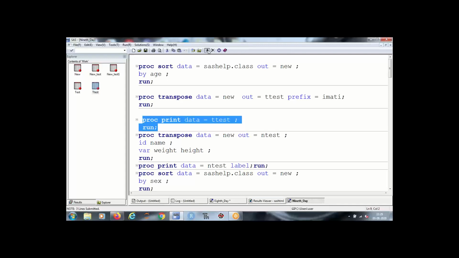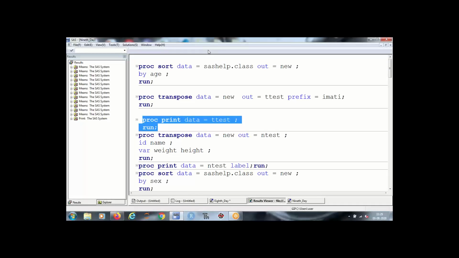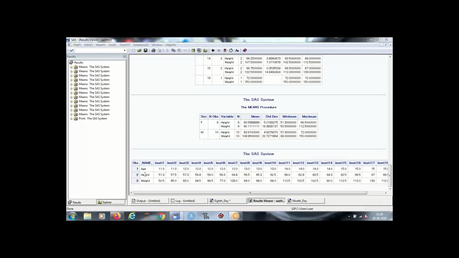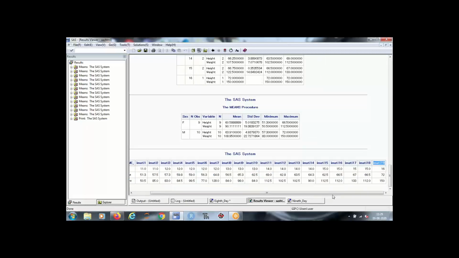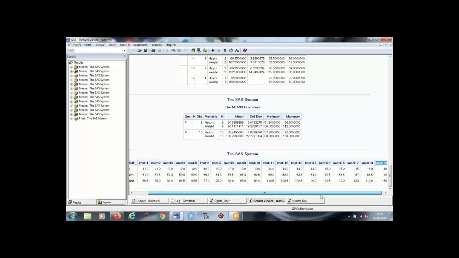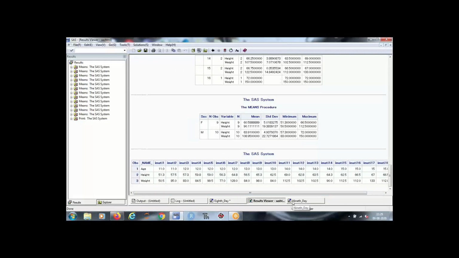So if you look at the output, your variables age, height, and weight become your row number, and the rest of the row numbers are there in the columns. And since I have prefixed it, it is showing me that. Or we can write something like column number or row number.